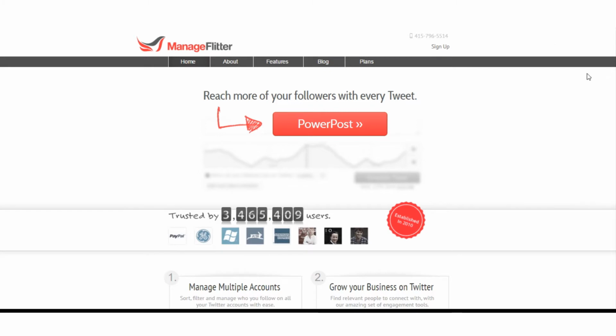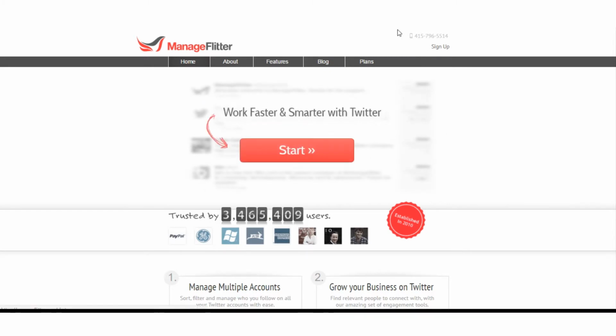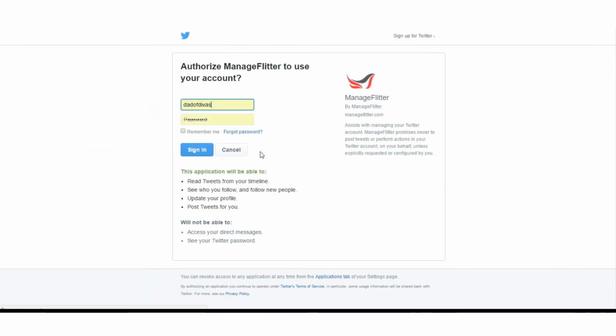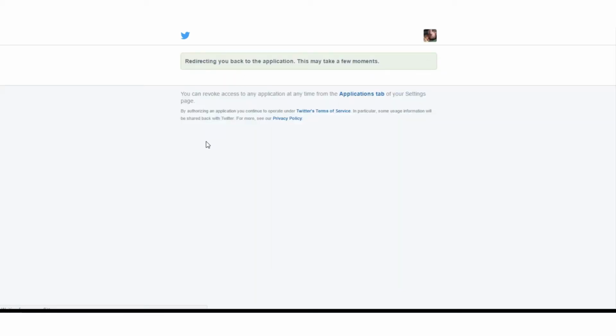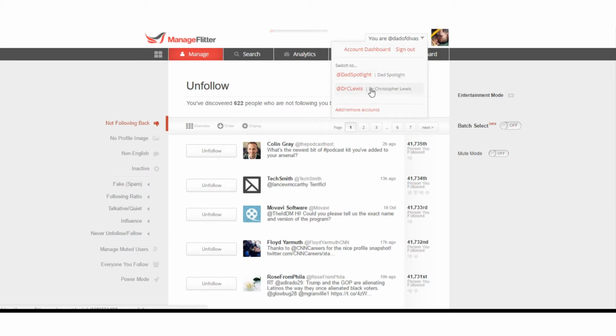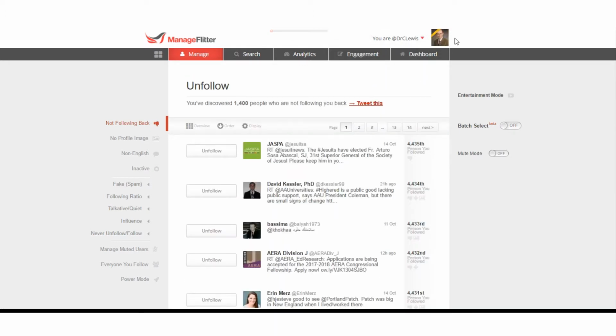Now, I want to show you the inside of Manageflitter. As I said, it is a tool that connects directly with your Twitter account, so you have to put in your account to connect in. I have 3 Twitter accounts. So basically for me, I manage this, and I'll show you my Dr. C. Lewis account. This is my professional account that I use. And on this account, you can see,